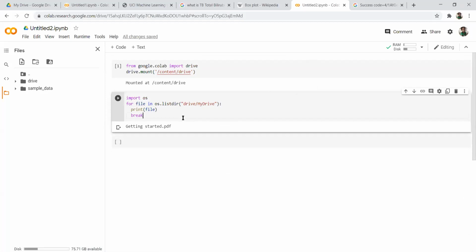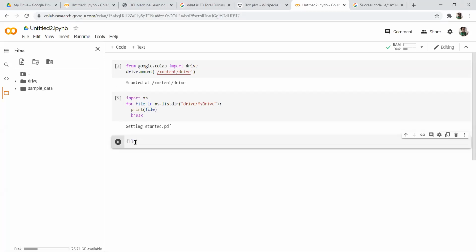Now I want to access the file which I have already uploaded. I know this is the location where the file is available, and the file is downloaded somewhere. So I can simply copy the name of the file from the downloaded location. Now I can write file name is equal to that name dot csv.